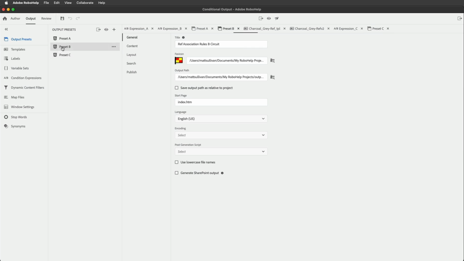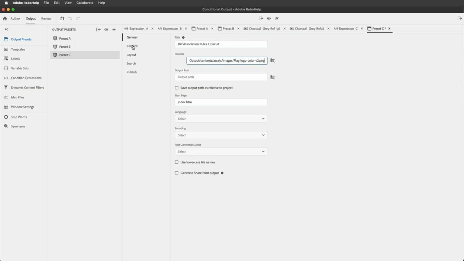So if I go to preset B, I'll copy this, put this right here, change it to C. And I also want to put in the favicon that I've got. So if I go back to B, I'll grab the location of this file right here. So I'll select all and copy, go back over to C,